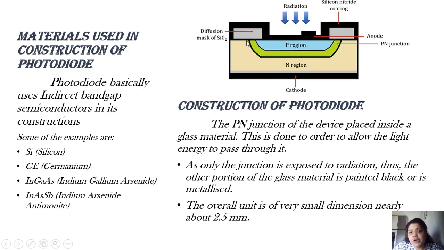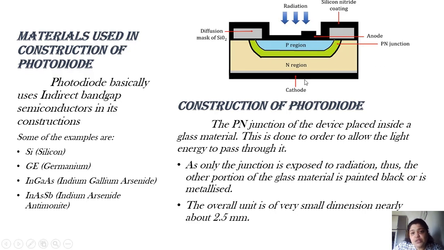So we have a layer where the light is incident, that is the P region, because this will accept the light. What is done here is it has a coating of silicon oxide, that is nothing but glass, right? So that proper light is absorbed. If you see the N region, that is the cathode terminal, you just have a metal plate, because this is the portion which is opposite to light. This is the portion where light is being incident. So we need a glass layer so that light can enter the PN junction diode.